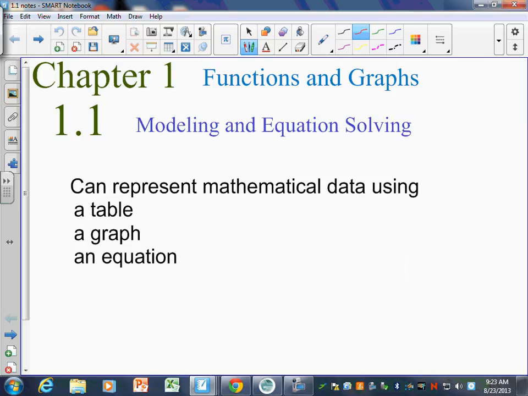In general this unit is called functions and graphs, and there's a whole lot of different things in here. Some just like regular linear equations, definitely quadratics are in here again, square root equations, but just overall functions and how to deal with functions. Some of this stuff should definitely be maybe vague memories from algebra 2, but some of it might not be so new stuff. But today is called modeling and equation solving, which means